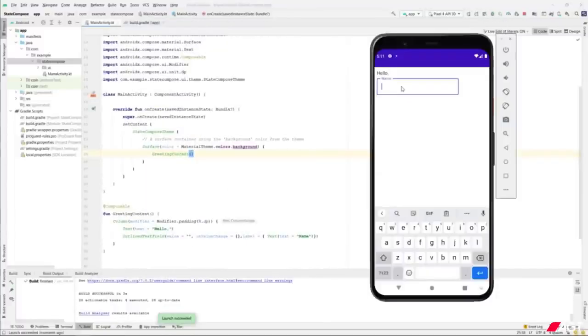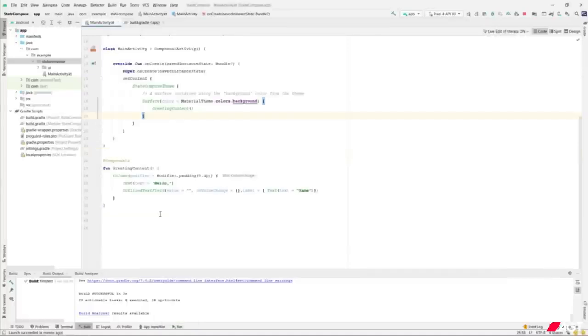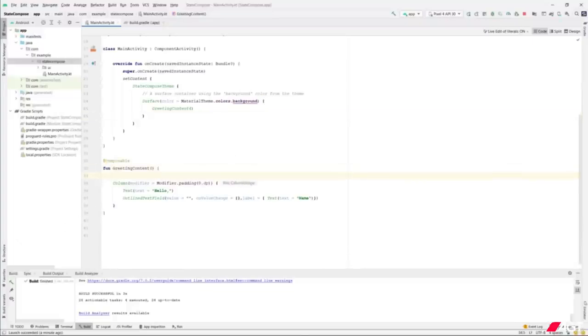Now that our app is running, we can see that nothing happens. That's because the text field doesn't update itself. We need to pass a value to it that represents the state of the text field and then update the state when the text field notifies us about the change. So let's introduce a local variable that holds the name